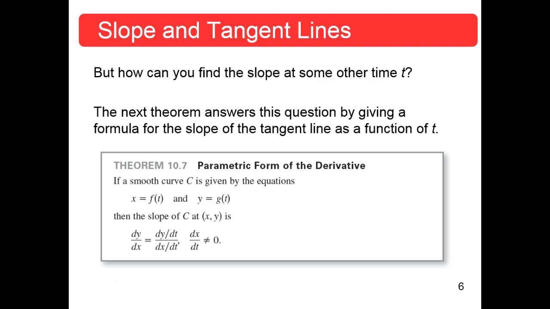So how can you find the slope at some other time? We should have gone to this slide, then it would make sense. The next theorem answers this question by giving a formula for the slope of a tangent line as a function of t. Okay? So if a smooth curve C is given by the equations x equals f of t, y equals g of t, okay? Both of those are good, smooth, continuous functions, all that kind of stuff. Then the slope of C at any point x, y is,